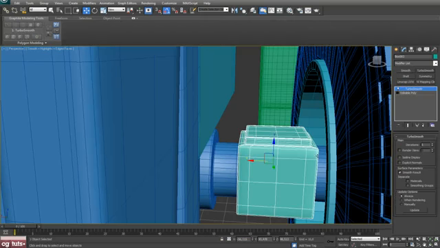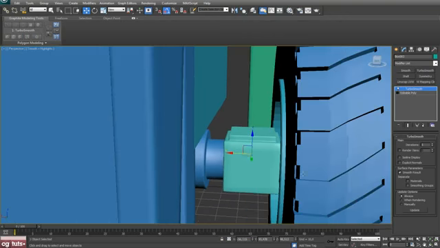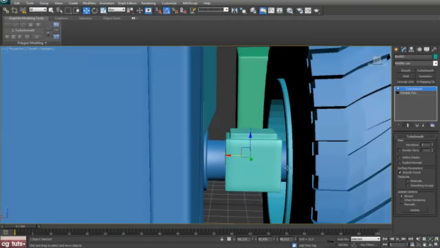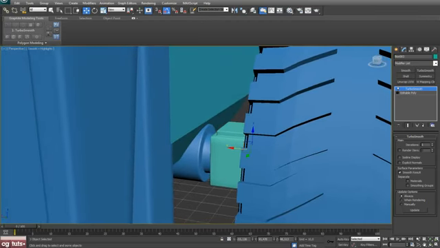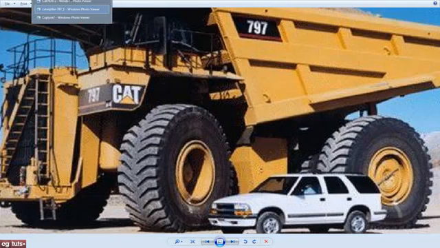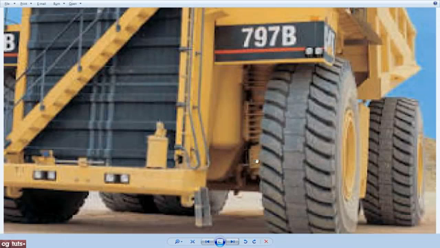Let's apply TurboSmooth. Okay, let's move that here just a bit, and we can scale that on X. Now push that back in. Okay. You can always come back and add these small details, but we will not spend time on this at the moment. So let's go and try to build this shock absorber,